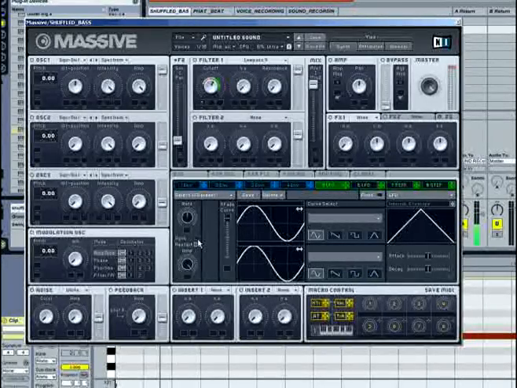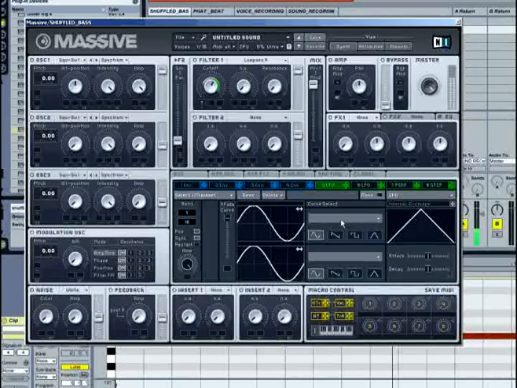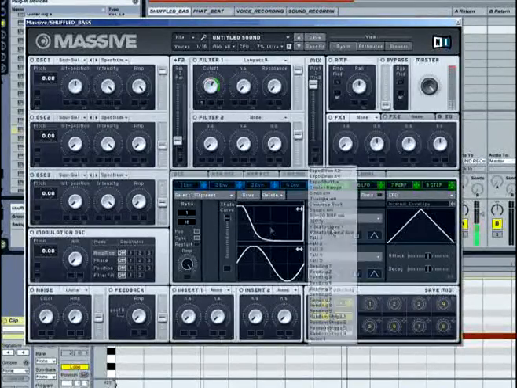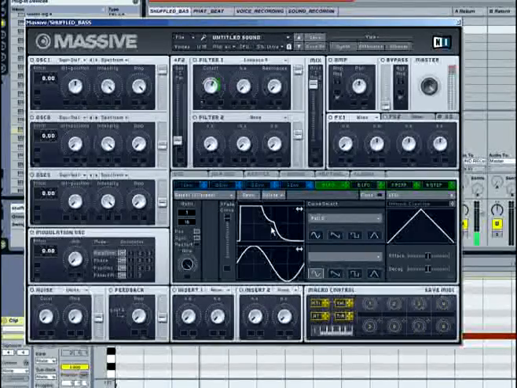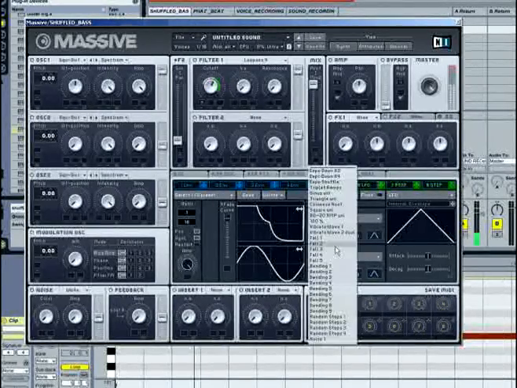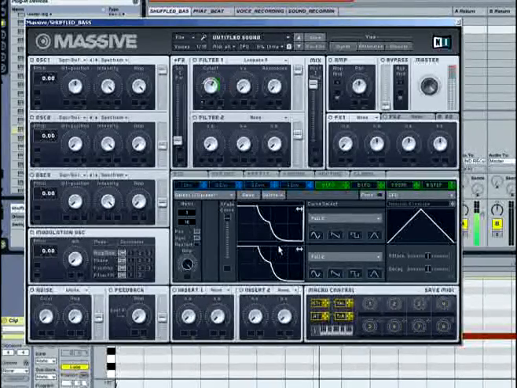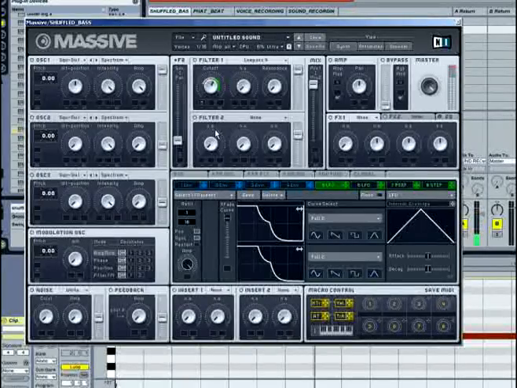I'm going to sync it, put on 16th, don't restart it. I'm going to select the fall, Fall 2 maybe, the bottom one as well, because we're going to be modulating between both of them. So now we've got a 16th modulation on the cutoff,